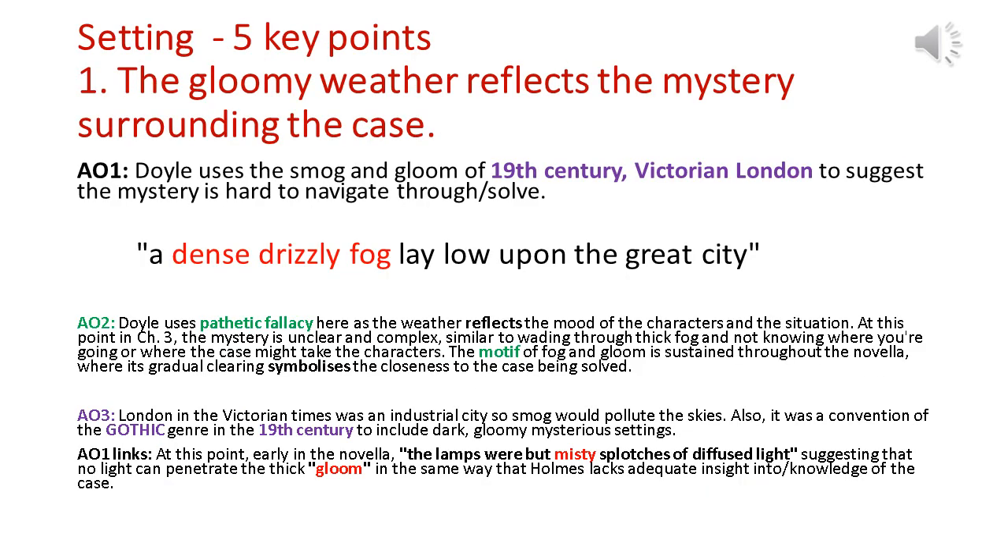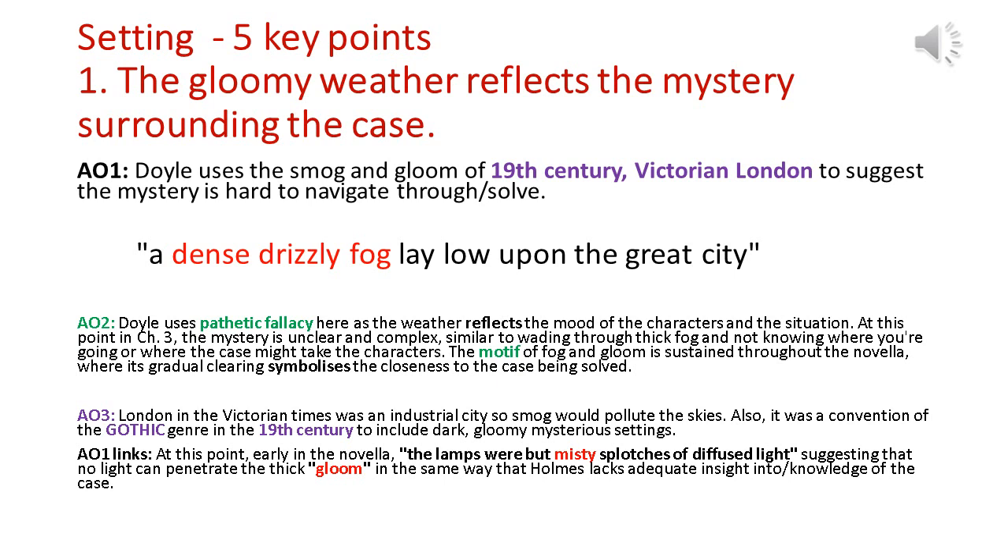Okay, so our first point then that we would make about setting is that the gloomy weather in the novella seems to reflect the mystery surrounding the case. So the quotation that I've chosen is from chapter 3, and we're told that there is a dense, drizzly fog which lay low upon the great city. So as you can see, the assessment objective 1 point that I would make is that Doyle uses the smog and the gloom of 19th century Victorian London to suggest that the mystery is hard to navigate through,